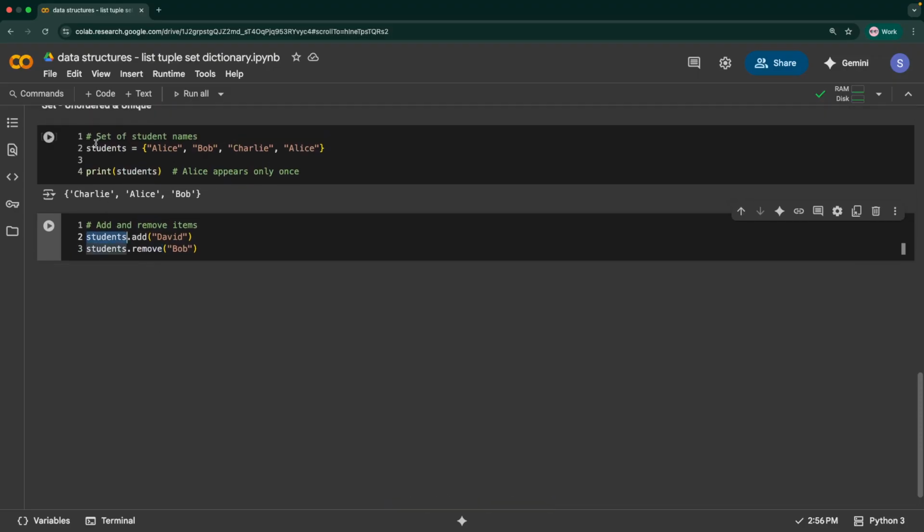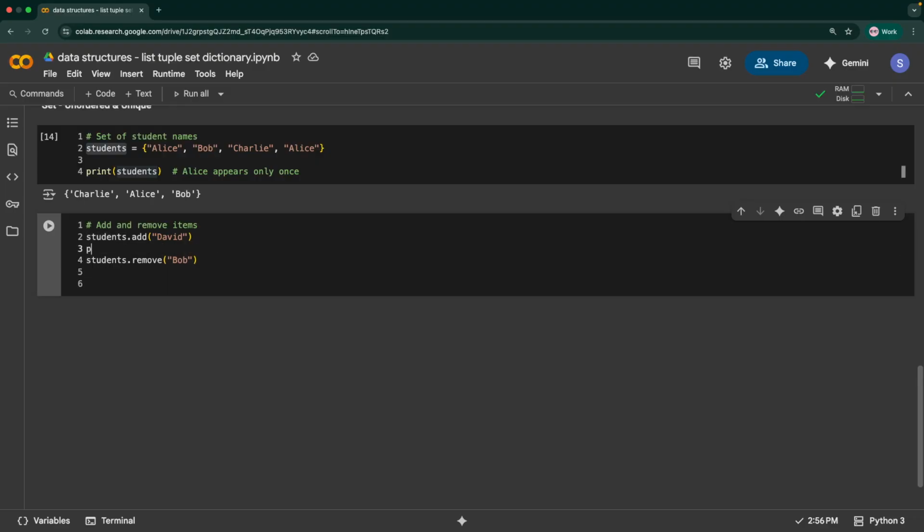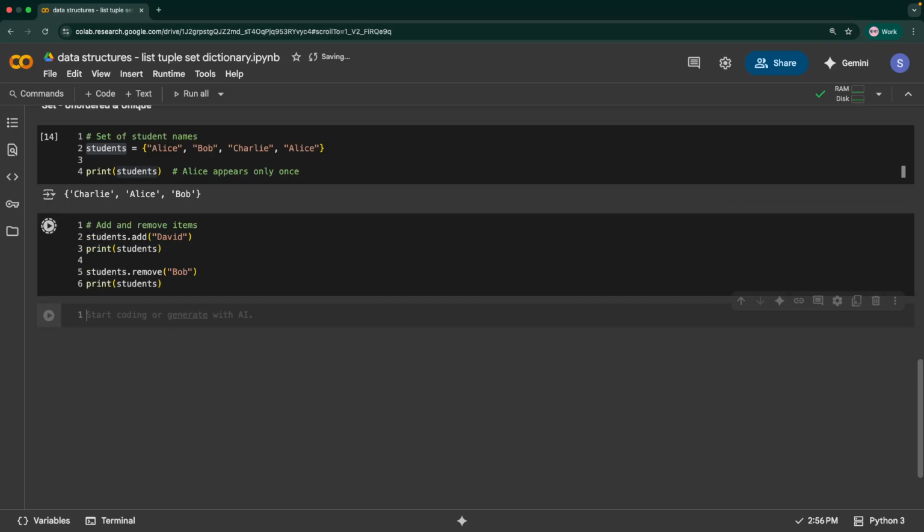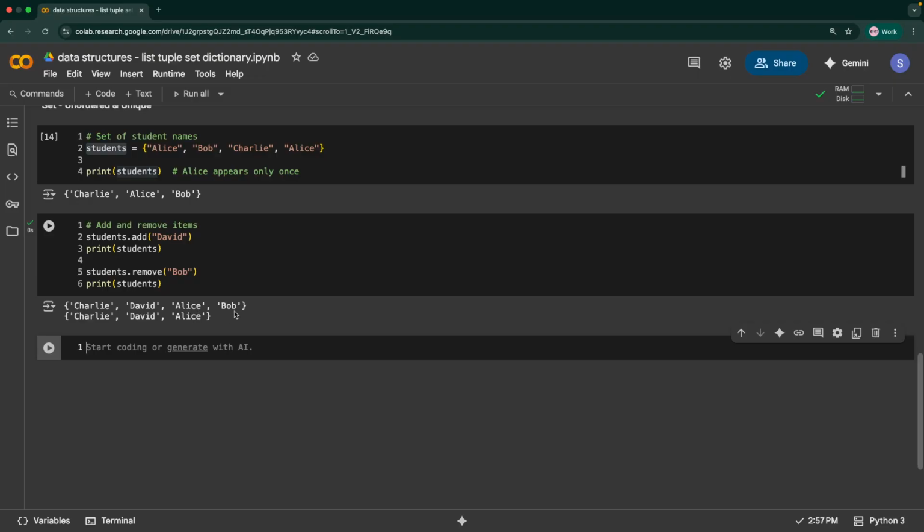So give the name of the set that we have created, which is students, and say add David, remove Bob, and then you can also print the set twice as well. So I'm going to print it. Let's run this and see. So Charlie, David, Alice, and Bob. David has been added, and we have removed Bob from the set. So this is how we can do this.